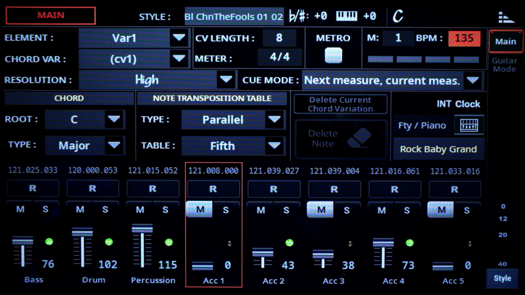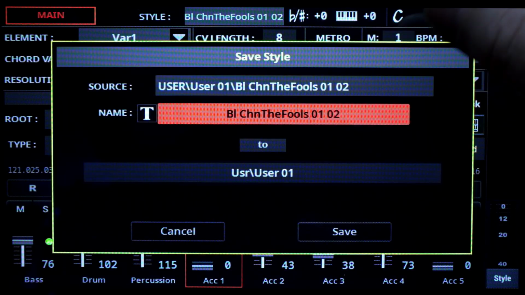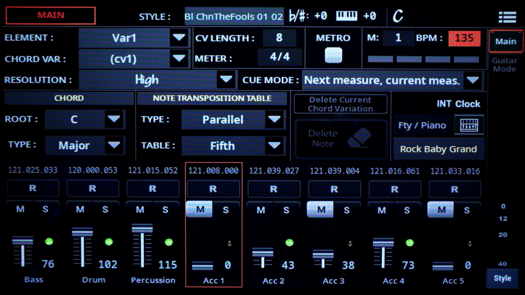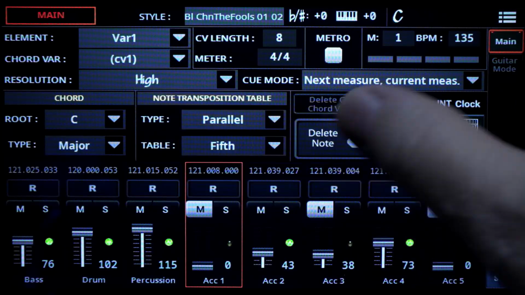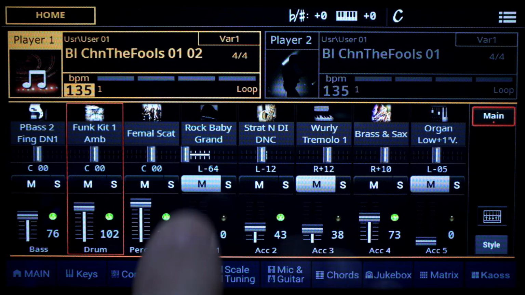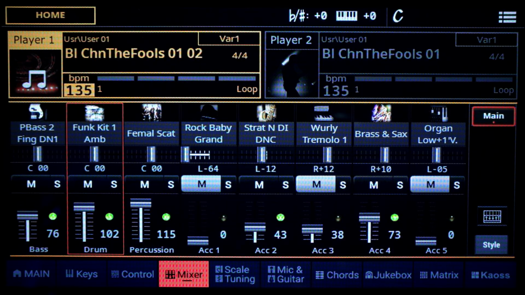Now what we want to do is save. Save style. Save. Yes. So existing. Now we can exit, not worry about losing any information. Now we have the style. And style 1, but this is a version 2. It just imported the new MIDI information. And if we play it,